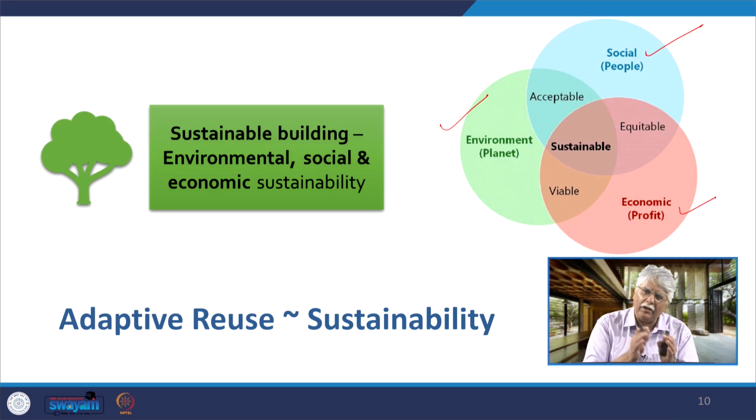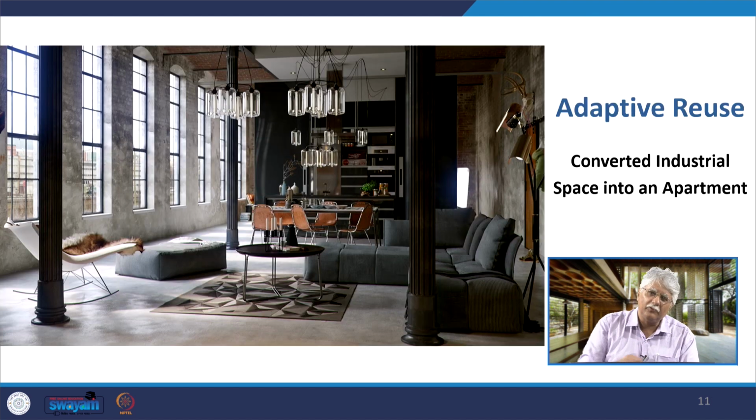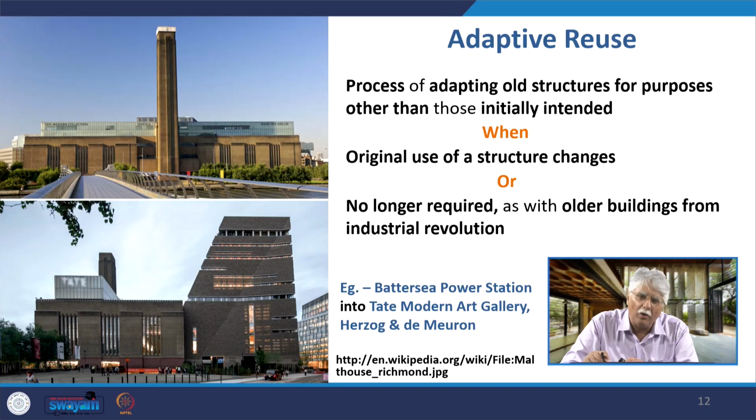We will see how it benefits environmentally, because it brings about lowering of embodied energy and embodied carbon. Economically it benefits because you are reusing a building all over again, and socially because you are preserving heritage. So here, for example, an industrial space has been converted into an apartment. Or for that matter, one of the most famous examples of adaptive reuse is the Tate Modern Art Gallery by Herzog